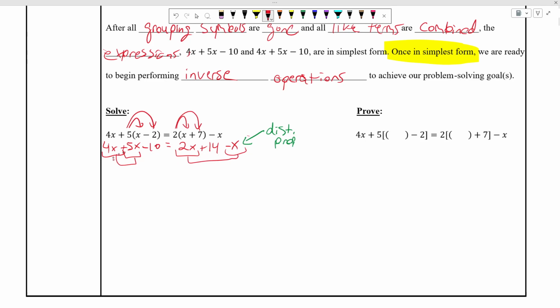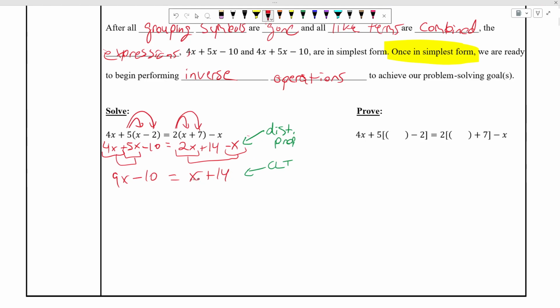All right, so these combine here. So now I have 9x minus 10, and that equals, let's see, 2 minus 1 is just plain x plus 14. So here I then did, this is the result of combining, I'll put CLT, combining like terms. Now I can